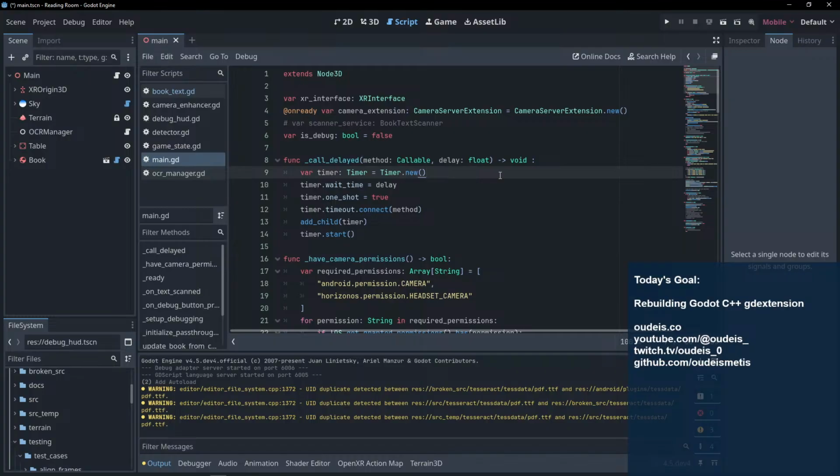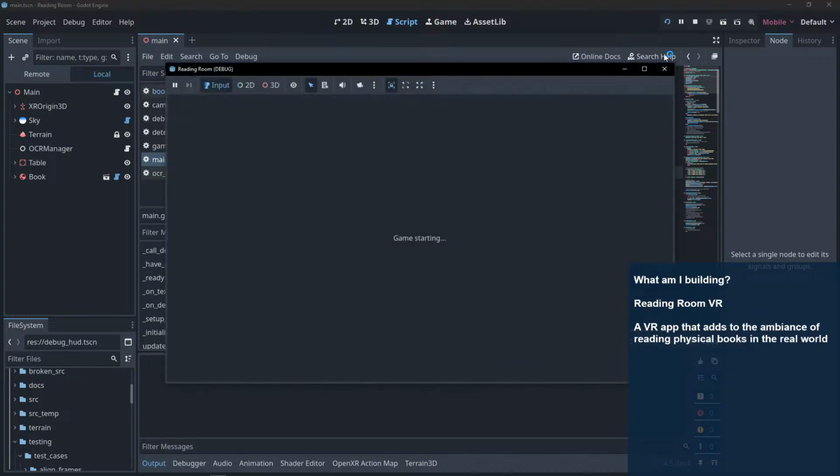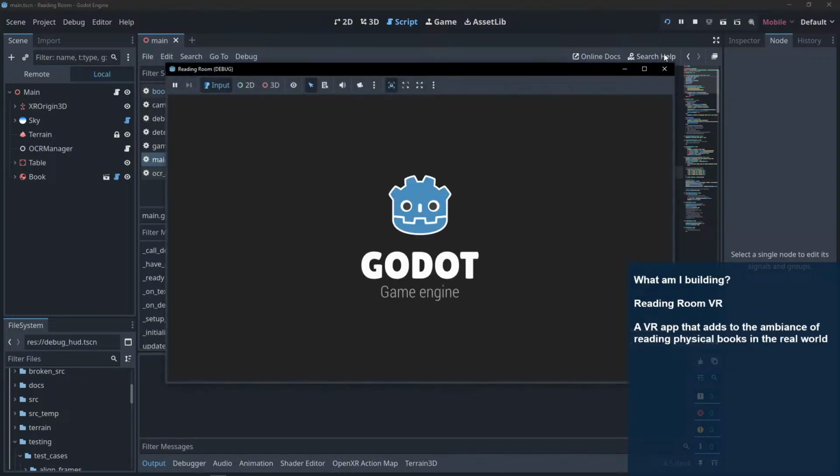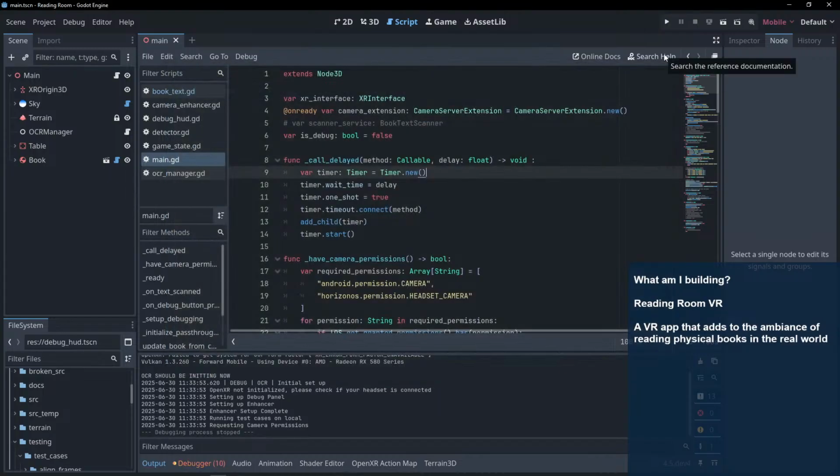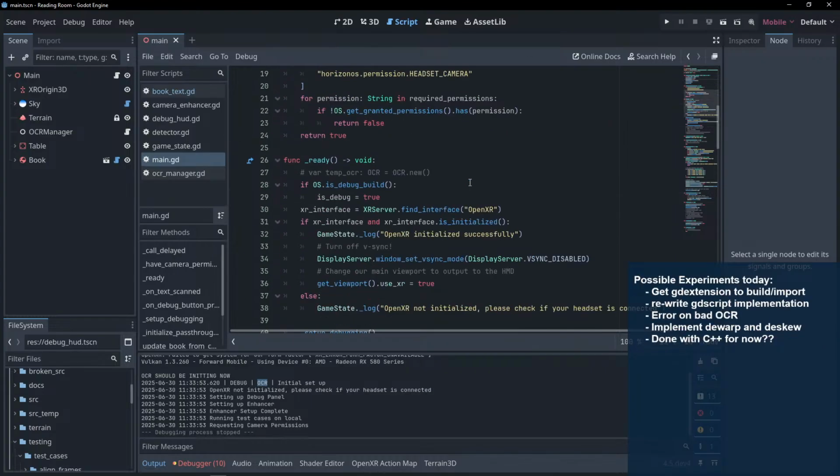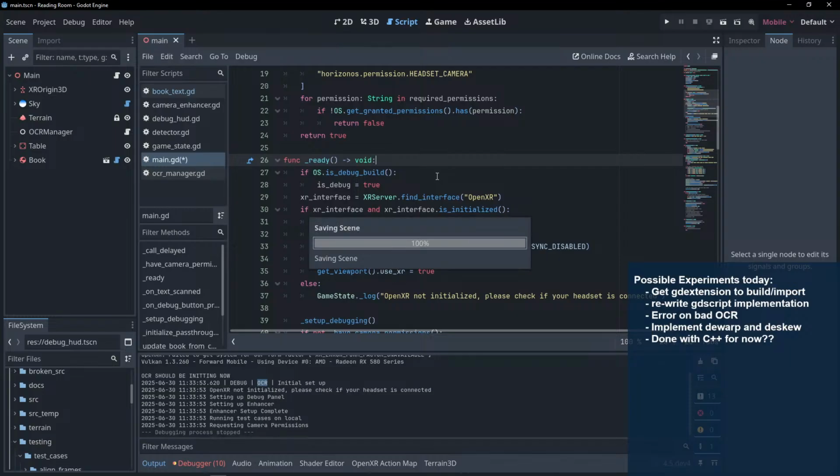And then let's save that and let's run our test. And there we go. We have a debug log for OCR to init, which has confirmed that this isn't needed because we were always initializing the OCR manager anyway. Nice.